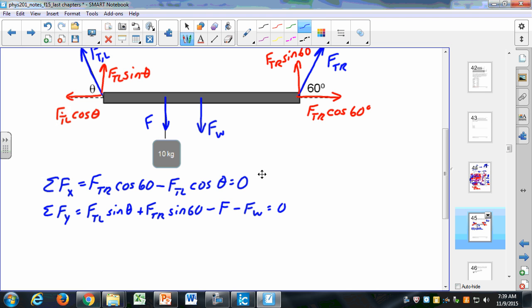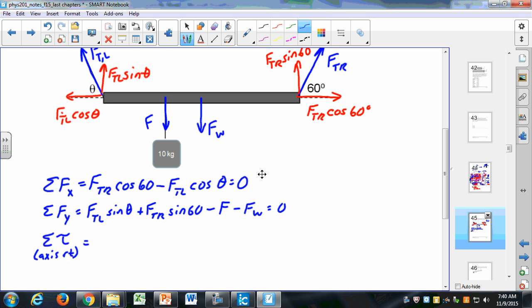This object isn't actually rotating around either of those axes because it's not rotating at all, but because I know the sum of the torques has to be equal to 0, I can choose whatever axis I want. Notice that I'm not going to choose about this axis because I already know what this force is, so I don't need to eliminate that force from my equations. Likewise, I'm not going to choose it about this axis, though I could if I wanted, but it doesn't really help me that much to do that. So I'm going to say the sum of the torques with my axis on the right is equal to,